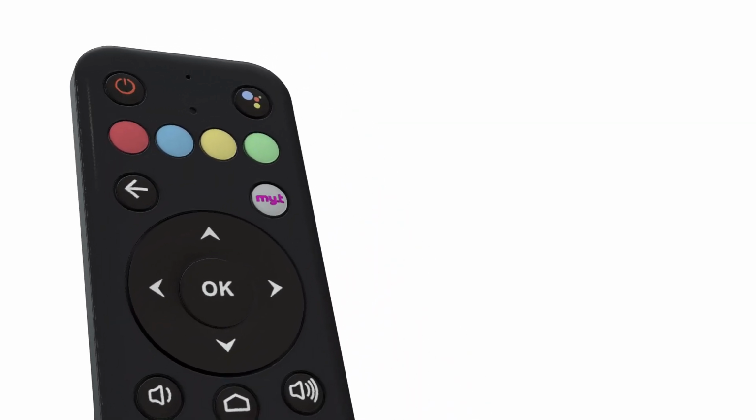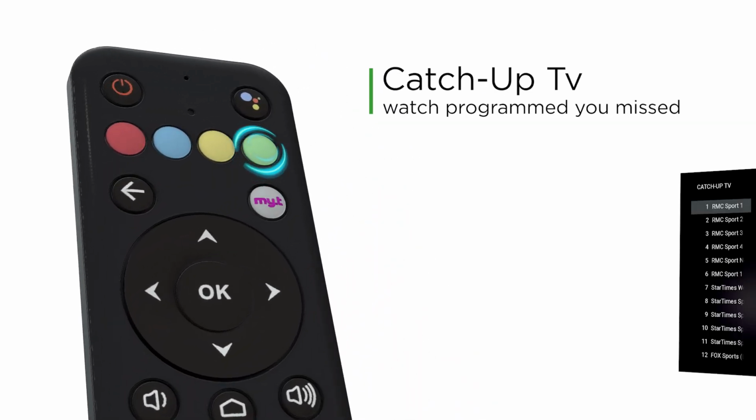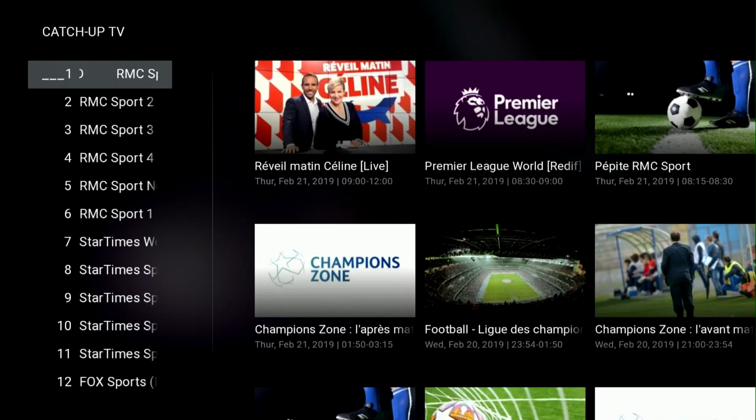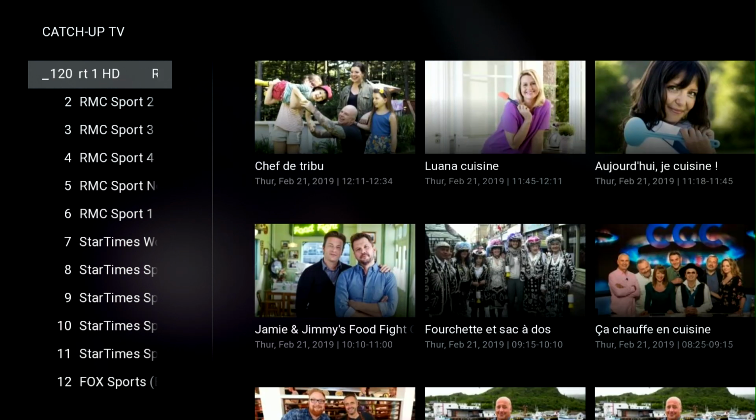If you want to watch a program you missed, press on the green button on your remote control to access Catch-up TV. Then, key in your channel number or scroll down the list of channels to access the available programs